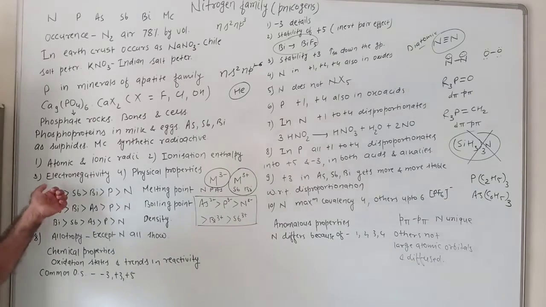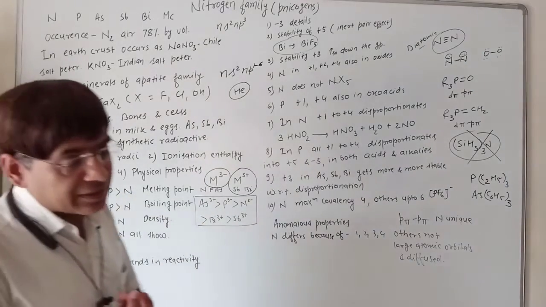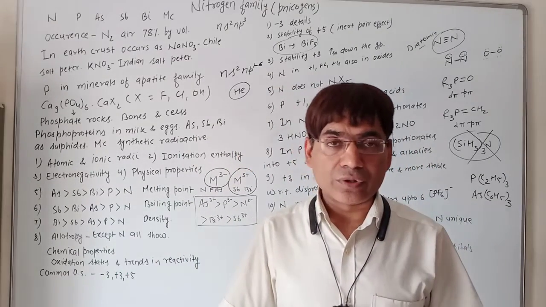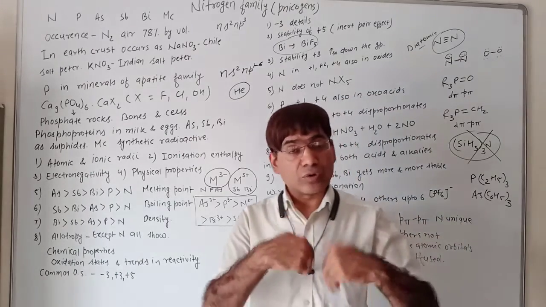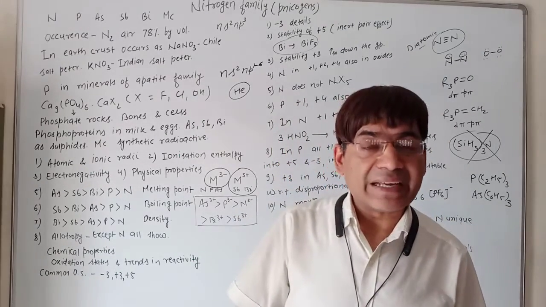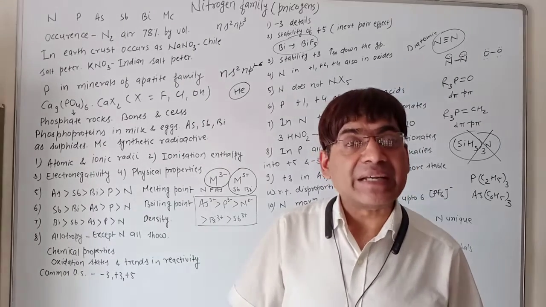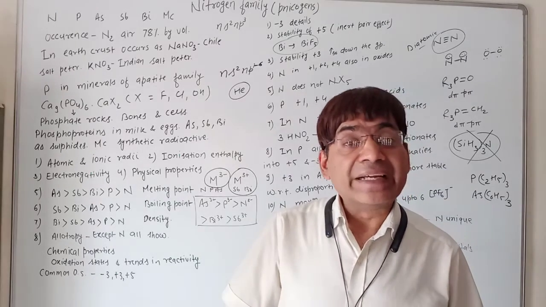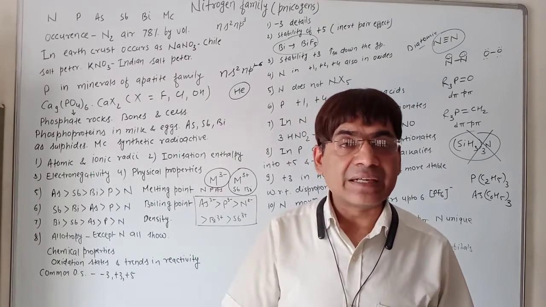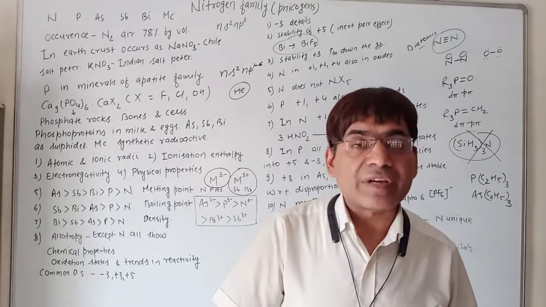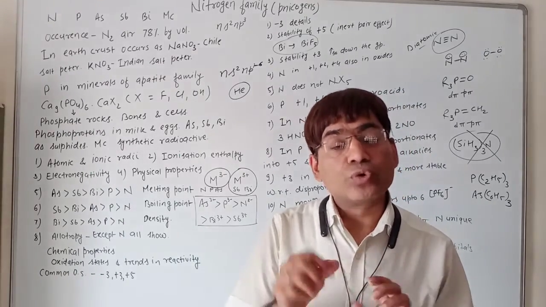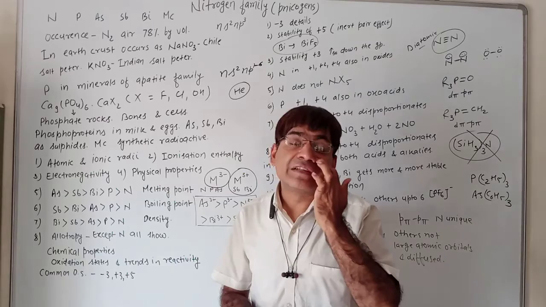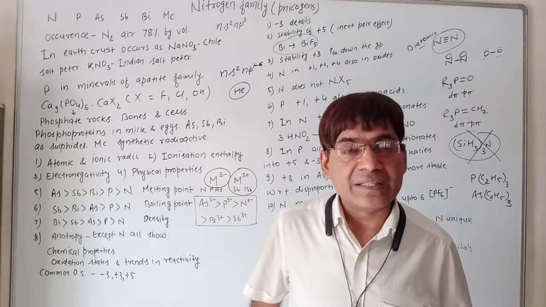Now, next is electronegativity. In general, these elements are quite electronegative, but electronegativity decreases down the group. Fine, because as we move down a group, metallic character increases, and with the increase in metallic character, electronegativity decreases. For antimony and bismuth, according to NCERT data, their electronegativity is equal, 1.9 each. You are not supposed to remember this value, but antimony and bismuth have equal electronegativity as per NCERT.